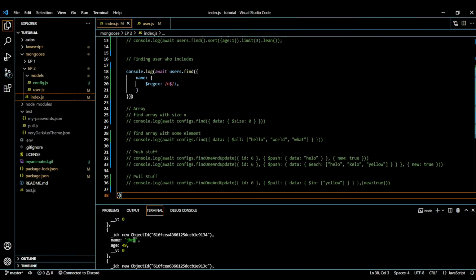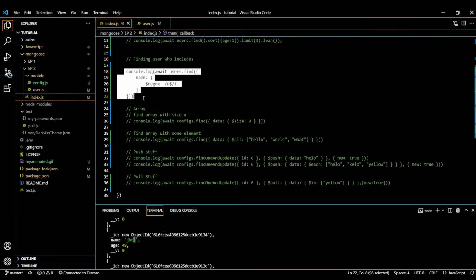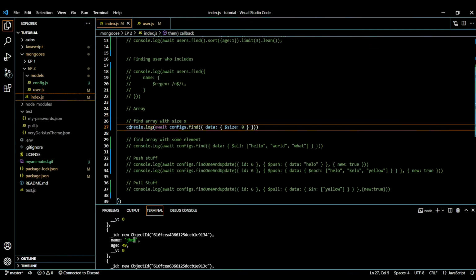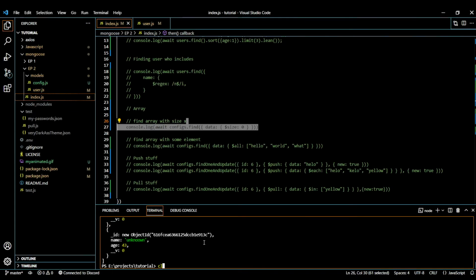And by the way, you can always use .lean probably. Well, to be honest, you don't really need to do that. So now let's just comment the thing. Alright, now here comes array. Probably you might need to search for some data, but you want to get well, let me just show you what it does. Control plus C, clear screen.